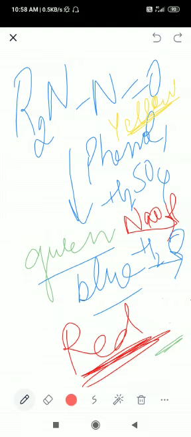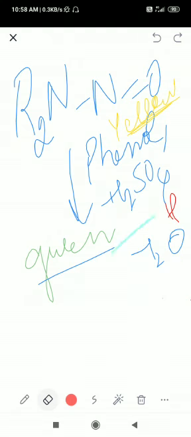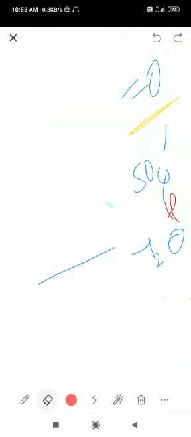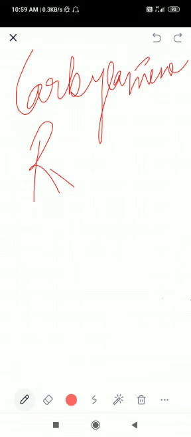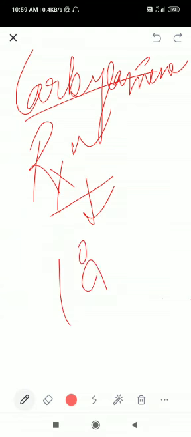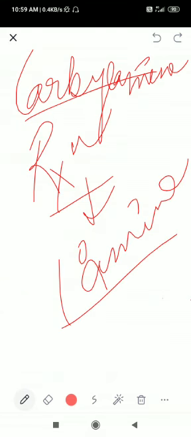Okay, so this is the reaction. Next is the carbylamine reaction. We will see the carbylamine reaction, which is very important. Among all the tests that we have done till now, that is the most important reaction. So let us write the carbylamine reaction. It is only for 1-degree amine, for both aromatic and aliphatic, whether it is aniline or any simple aliphatic amine RNH2. Both of them will give, but only 1-degree amine will give.